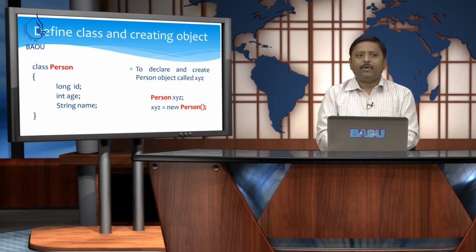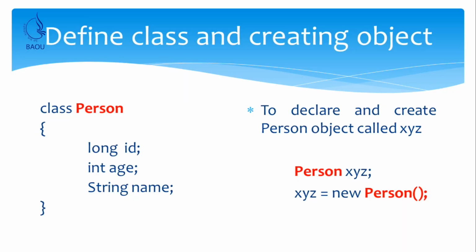Let us take example of class person. So, in person we can have ID which represents ID of person. Every person has an age and name also. So, ID is of type long, integer represents age and name is a string. So, this class has three instance variables: ID, age and name. Now, inside this class we do not define any method, but we can have a method for reading this data as well as another method for showing this data.